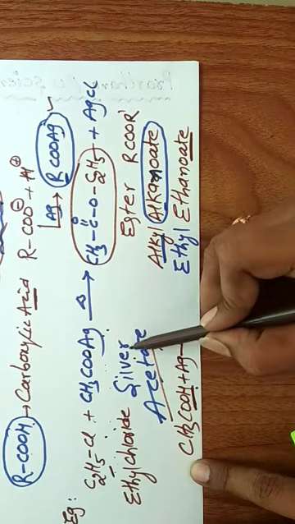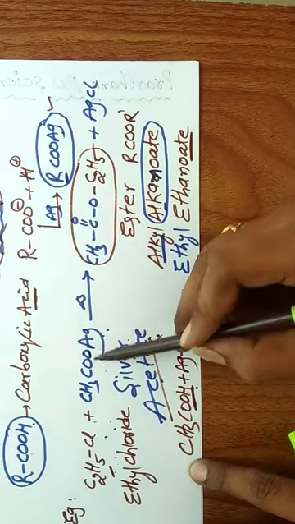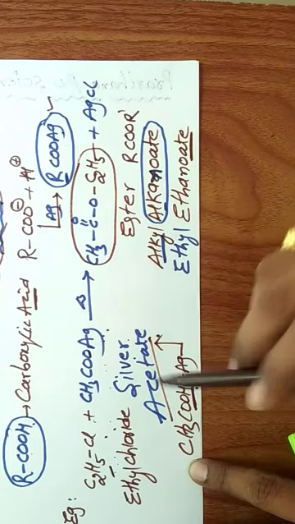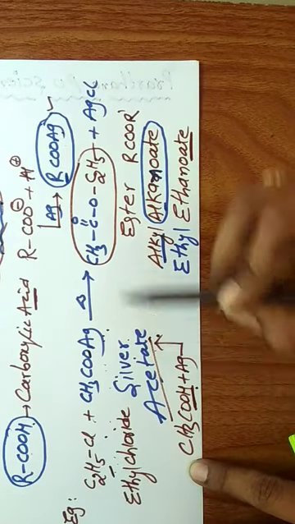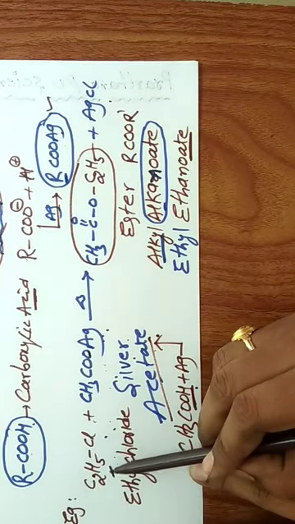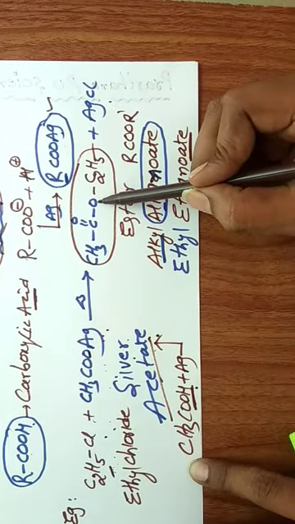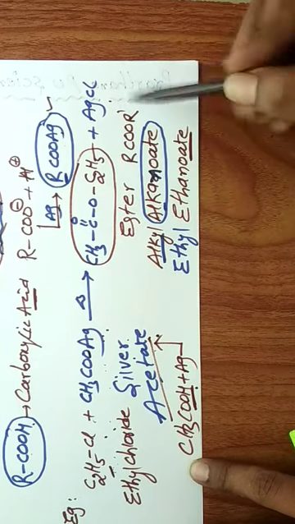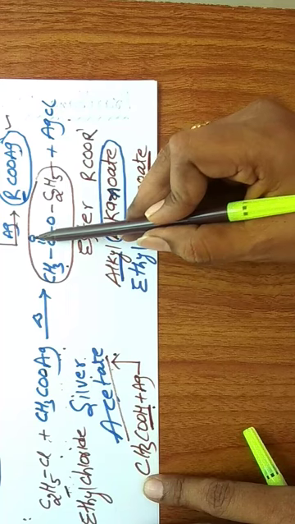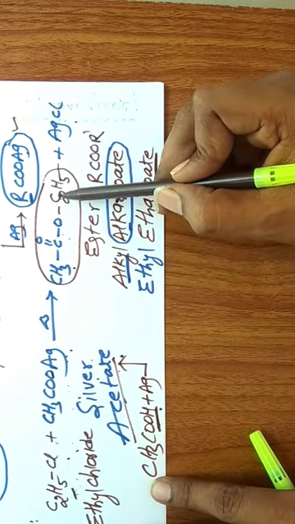Acetic acid, that's why this name is silver acetate. Commonly this is taken as silver salts of carboxylic acid, particularly silver acetate. Under heating condition, AgCl is removed. The remaining C2H5 is directly attached to this oxygen. So we can get CH3, C double bond O, C2H5.